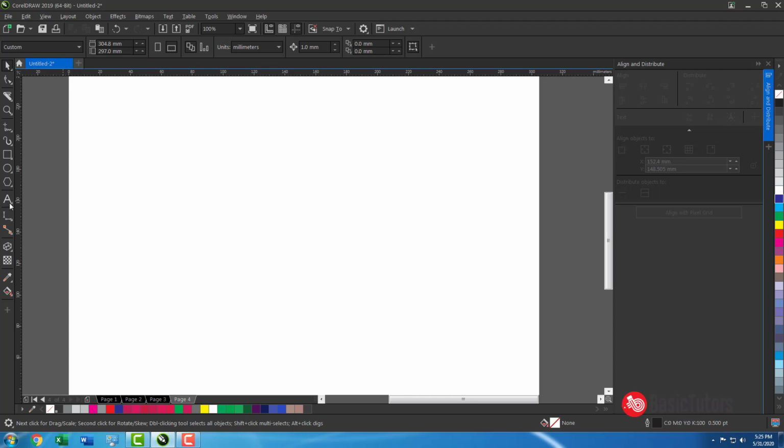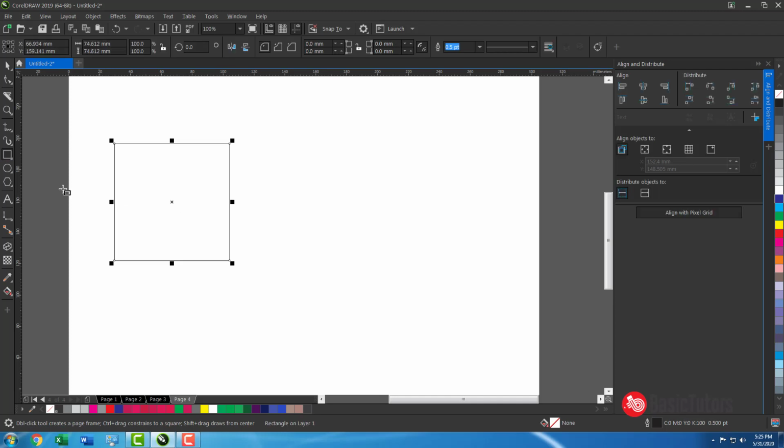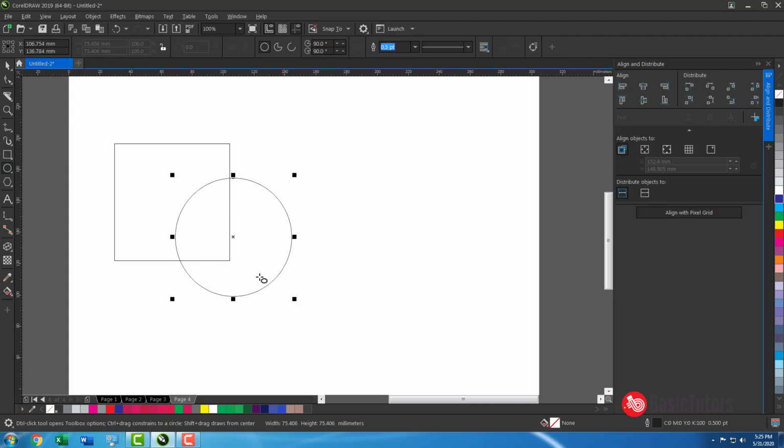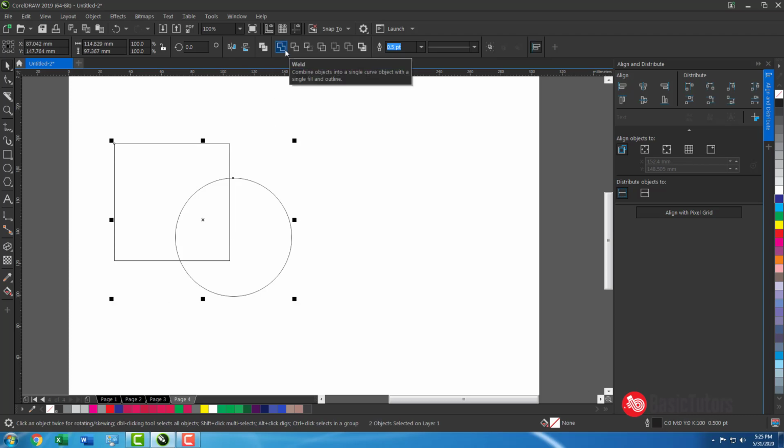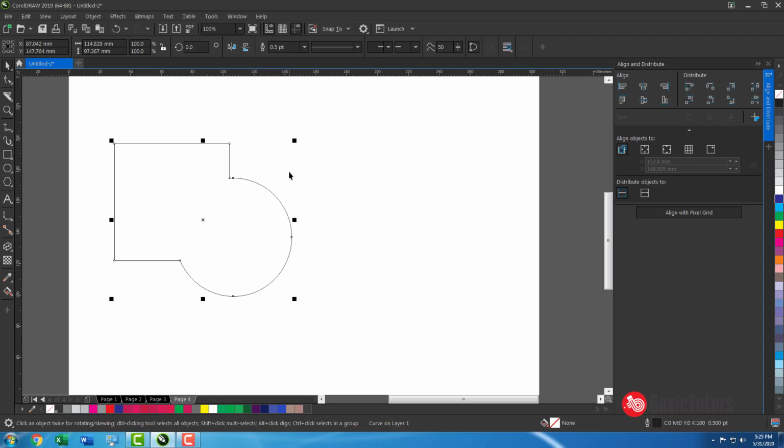The next thing is very important. All shaping will come with this. The first one is selecting both objects and clicking weld. Both things get welded. Suppose if you want to trim one object with another, select the source object. This one is the source object.